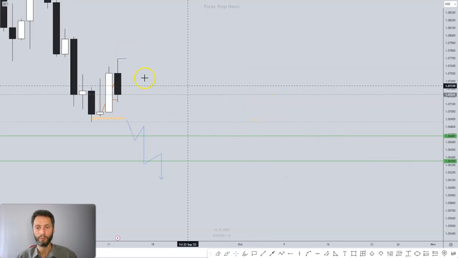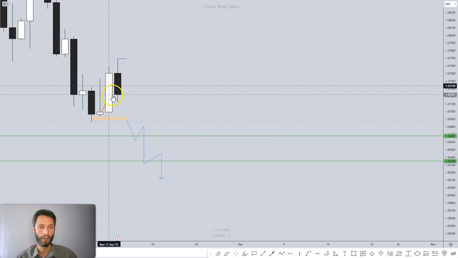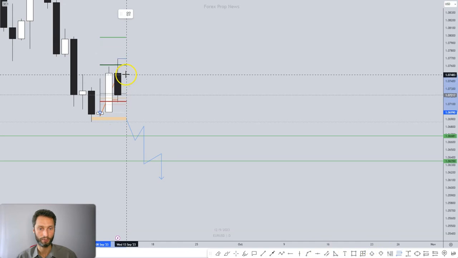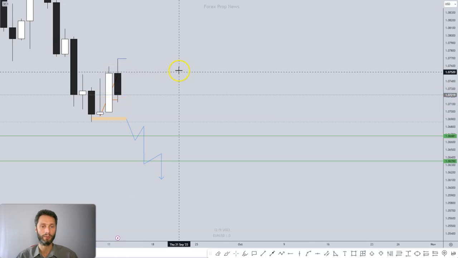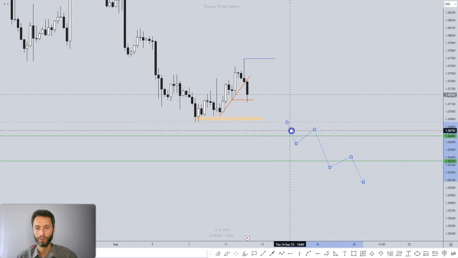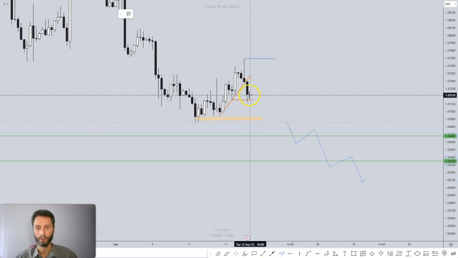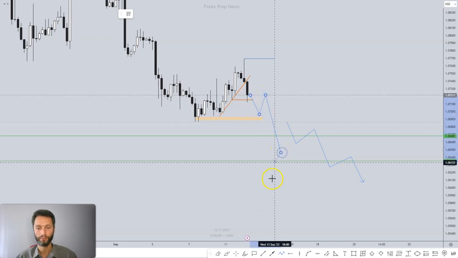Now the daily would be the best confirmation. We want to see a nice bearish candle close below the 50% halfway mark of this candle. That would be a very good confirmation. So if I take the fib and measure the body of the candle, here's the halfway mark, and we are below it at the moment. That would be the first sign. So if this is a bit too far away at the time, the other alternative would be something like so.